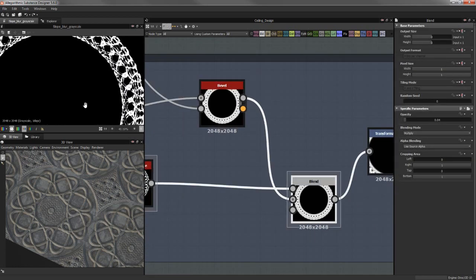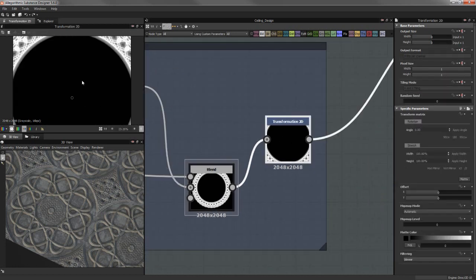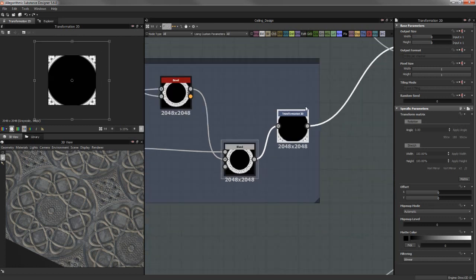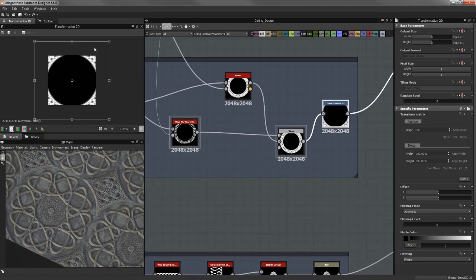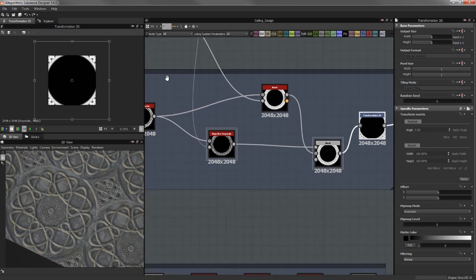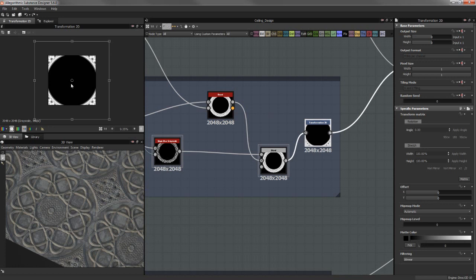Then we'll multiply on top of that, so we start to get some black edges, and we're going to use the transformation 2D in this case, and we're going to blow it up. If we change the radius, it will be the same as using transformation 2D. So if you want to handle it either with transformation 2D or splatter circular, it's entirely up to you. Okay, I knew I wanted to cover the edges with this, so I just scaled it up, and I didn't move it. If you move it, you might break your tiling, of course,